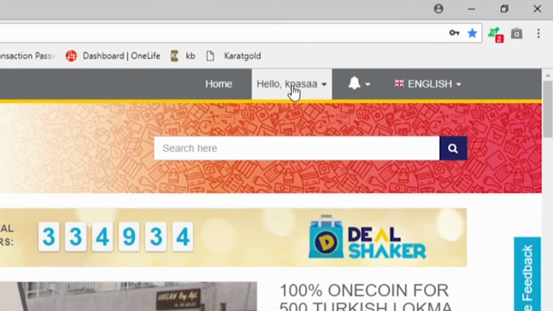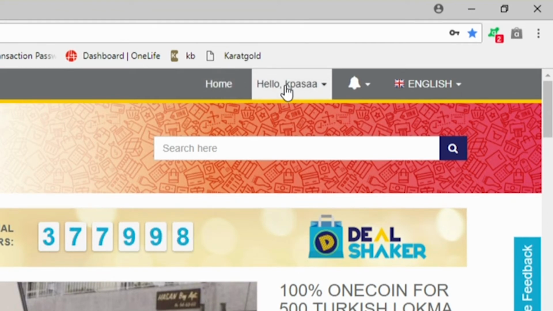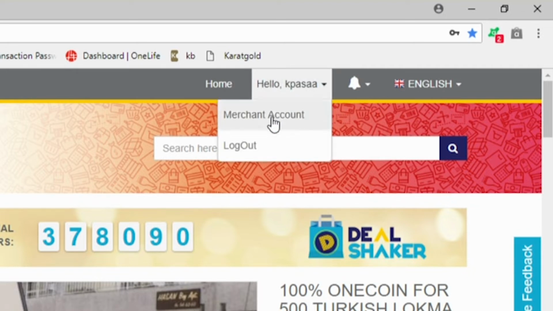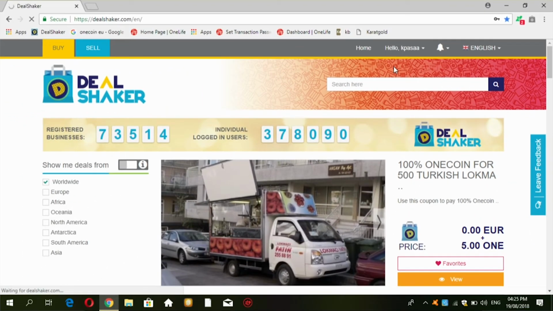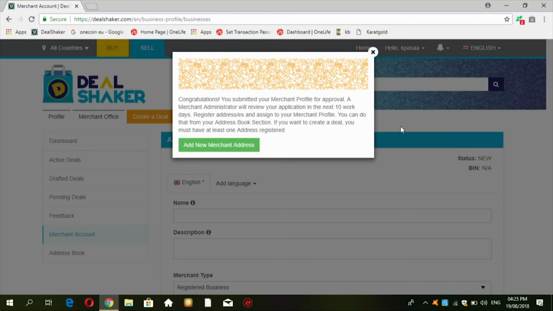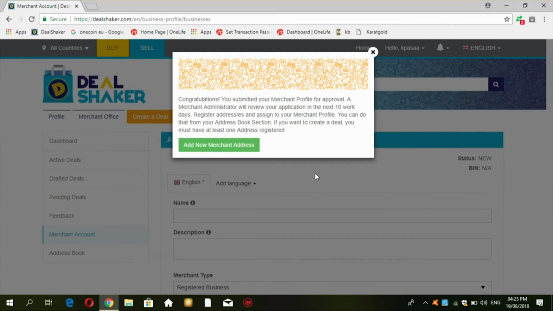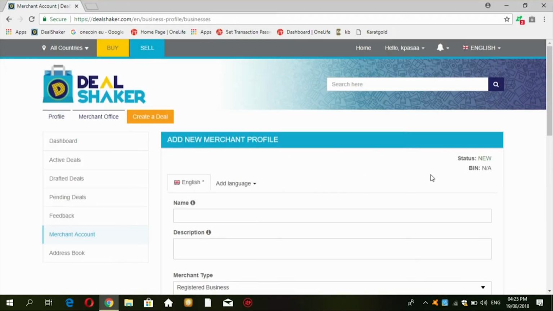You will see on the top right hand corner, home, hello to the merchant's name, a bell, and whether it's English or Spanish or French, whatever language is appropriate for you. So over here, you want to click on hello, merchant account. When you click on merchant account, it takes you automatically to the window where you need to add new merchant address or new merchant profile. In this case, we will set up the profile first. So you will click here,